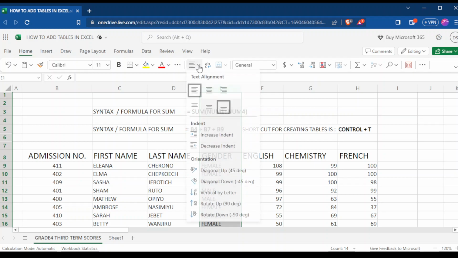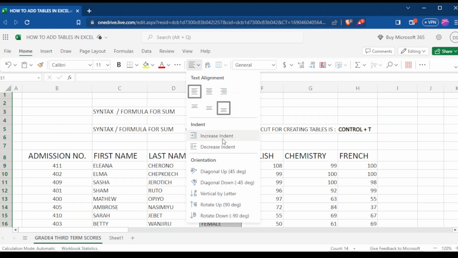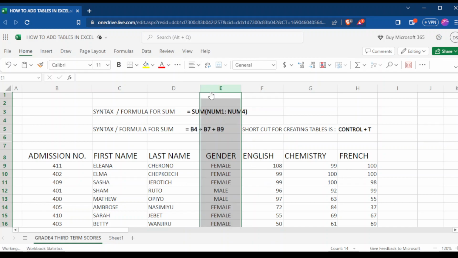Click on the arrow and then it has more options, so it will tell you whether you want your text to go to the left, to be in the center, or to be on the right. So for us, I think for this one we want it to be in the center like that. As you can see, our data has come in the middle. It's not on the left like this one, and it's not on the far right like this one. All right, let's